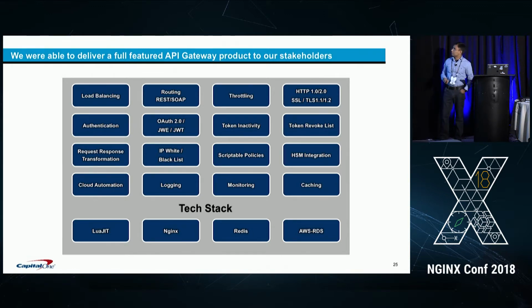Routing, again, it supports REST and SOAP APIs. OAuth, as I mentioned, we built the JWE, and that's stateless tokens, which allows us to scale unlimited. There is no bottleneck of persisting the token on the database. IP whitelisting, again, is a built-in feature on NGINX, which we leverage there. Logging, throttling, NGINX has built-in support for throttling. We also built rate limiting, which works across multiple nodes. I didn't know that now NGINX has that support, but we leverage